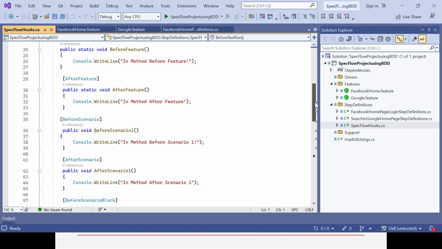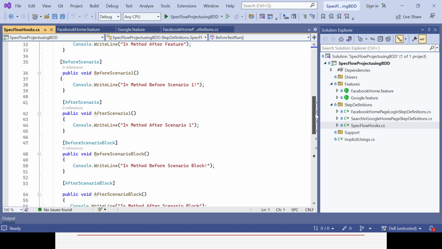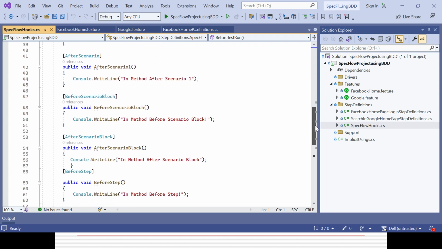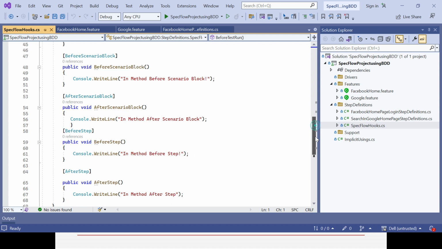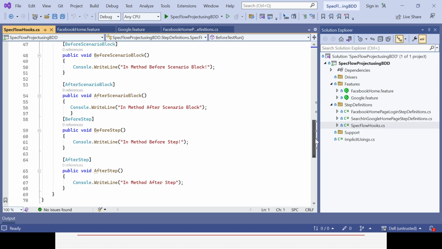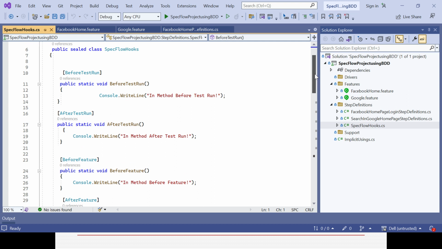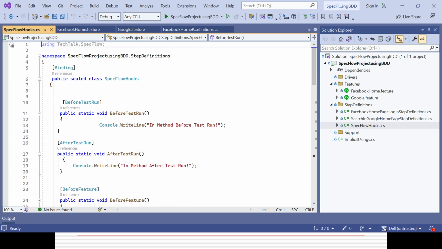Before scenario and after scenario are specific to the scenario level. The before scenario block and after scenario block hooks will run even when there are multiple steps in the given, when, and then blocks. The last ones, before step and after step, are specific to the step level. So this is the class created,